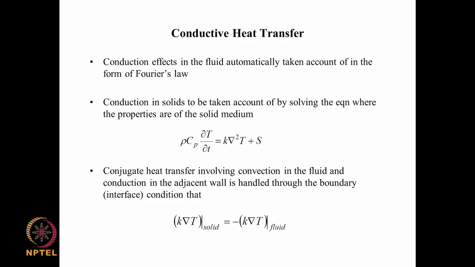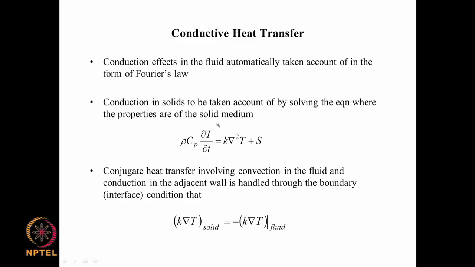There may be some heat generation terms which may be present, for example, due to a chemical reaction or due to some friction or due to some nuclear reaction that may be going on. So, in the absence of this, then this will give us the equation for transient heat conduction. So, conjugate heat transfer involving convection in the fluid and conduction in the adjacent wall is handled through the boundary condition at the interface, such that